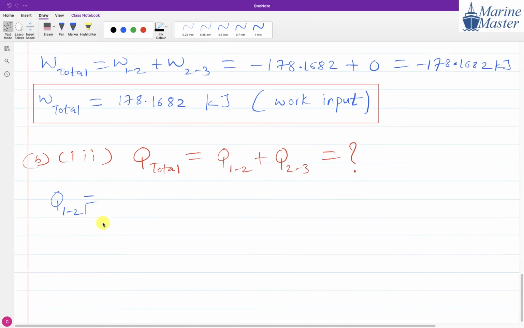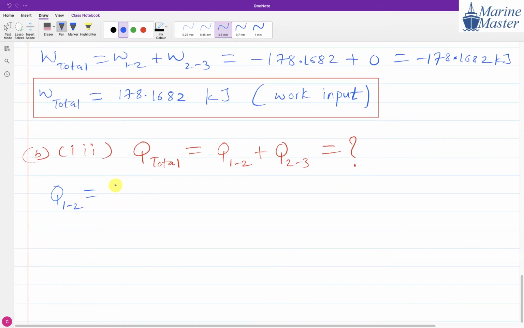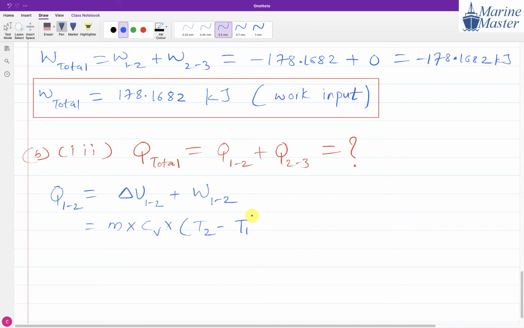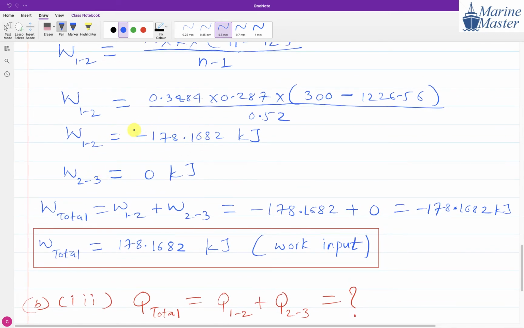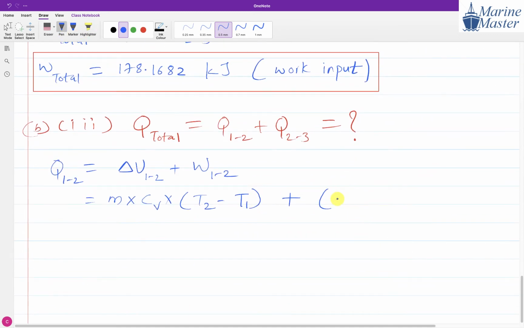It is a polytropic process, and for a polytropic process the relation of Q is delta U plus W. So delta U 1 to 2 plus W 1 to 2. Delta U 1 to 2, the change in internal energy, is m Cv (T2 minus T1). W1 to 2 we have already calculated. Don't forget to add the sign, here the sign is very important: minus 178.1682. So Q1 to 2, mass is 0.3484,